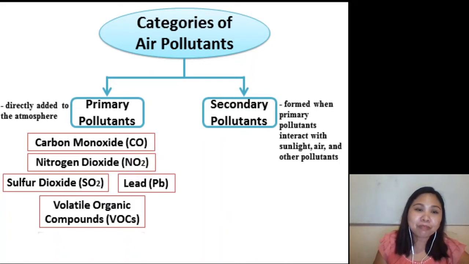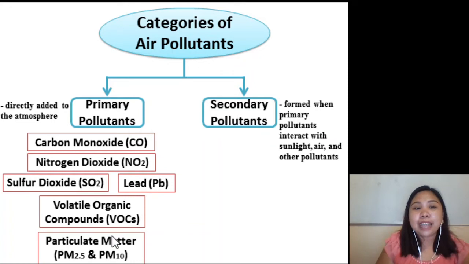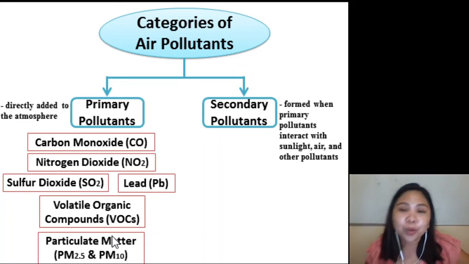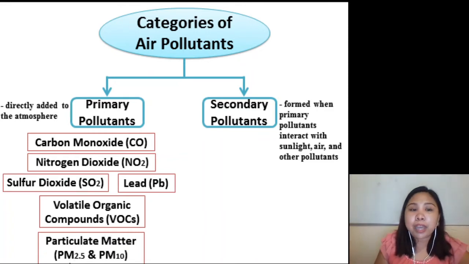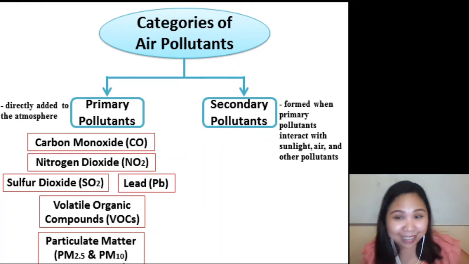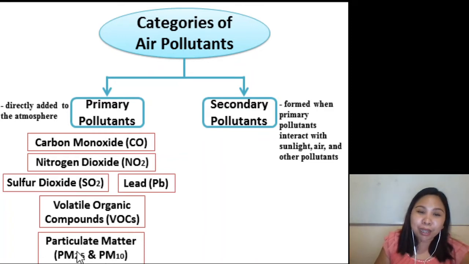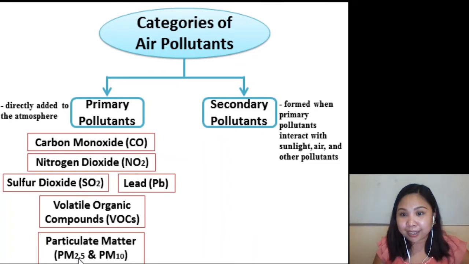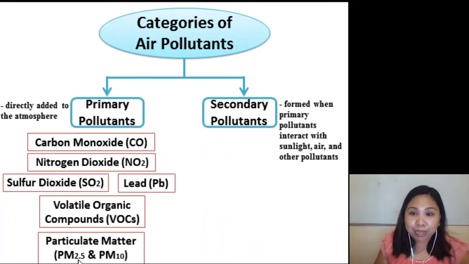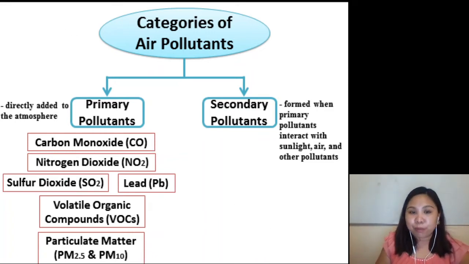Ayan. So, another type of primary pollutants, meron din tayong tinatawag na particulate matter. So, minsan makikita nyo to sa activity nyo sa atmosphere, may makikita kayong PM2.5, PM10. Hindi po ito yung sa mga inasal na ino-order na PM1, PM2, hindi po. So, this particulate matter, ibig sabihin, this number indicates the size of the particulate matter. Okay? So, yung 2.5, medyo maliit siya compared sa PM10. Ano po? So far, these are the primary pollutants.